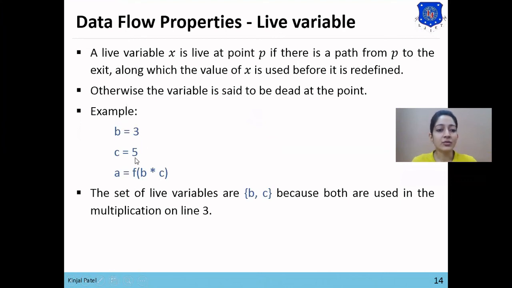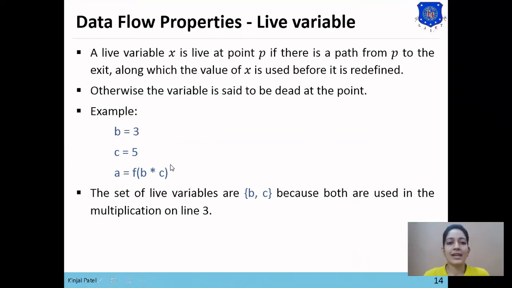As these two variables are used in the third line, we can say that they are live. As we have used these two values, b equals to 3 and c equals to 5, before they are redefined by any block, these variables are said to be live variables. So live variable is used in dead code elimination technique.